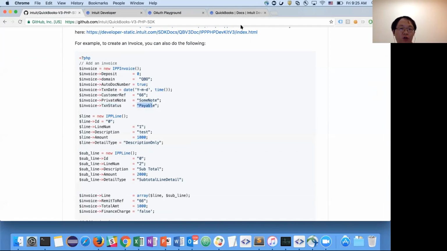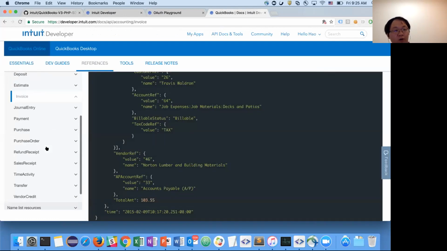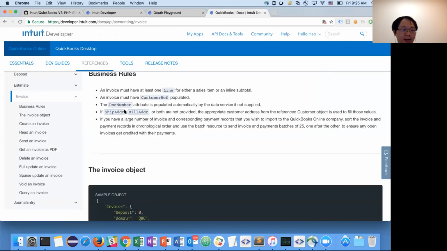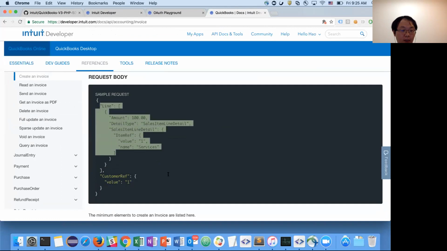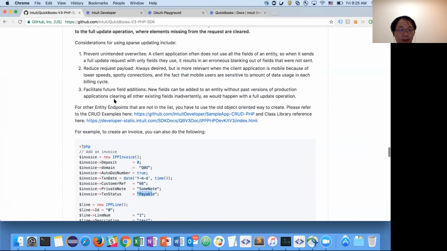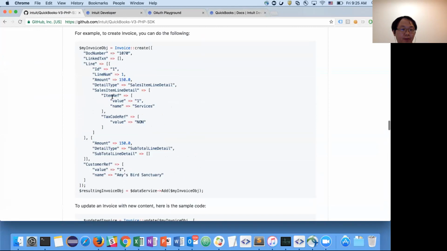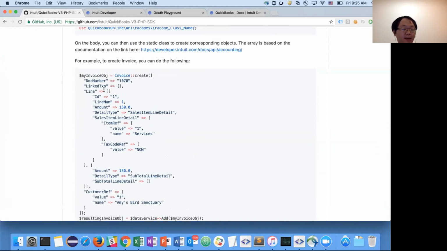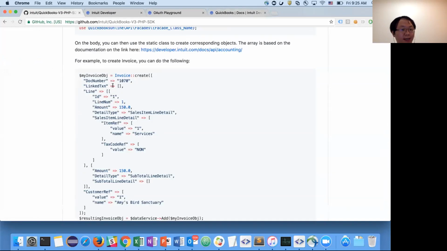All you need to do is just go to the docs and go to the entity you want to find out, for example, the invoice, and see the correct one, copy the code from the documentation, and enter it in your script. All you need to do is to change the